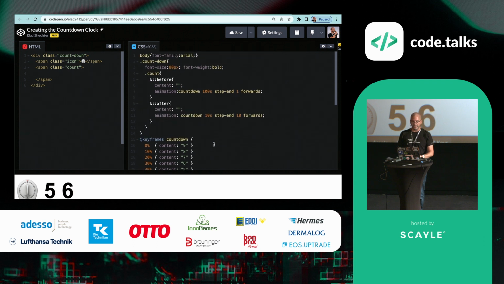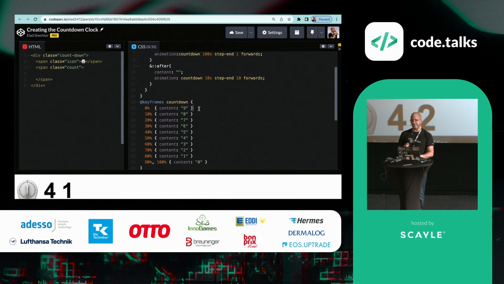This one, 0. For the second value, I'm using the after pseudo element. I'm calling now the same CSS animation, but in a different way. I'm telling it to work now for 10 seconds and 10 iterations. 10 seconds and a total of 10 frames, this means that every 1 second it will go number down, 2 seconds another, and so on and so on.